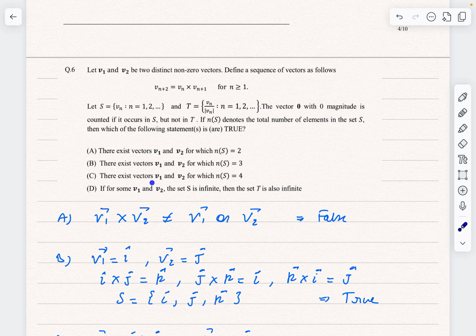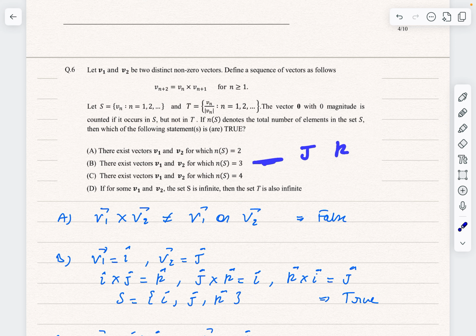Next, there exists v1, v2 for which n of s is 4. Now you have to see that in the previous example, we have seen that if you get i and j, after that you get a triad. So if you get i and j, like any two of these vectors, then the third vector will keep on repeating from the same. That means if I take two vectors as, say, j and k,